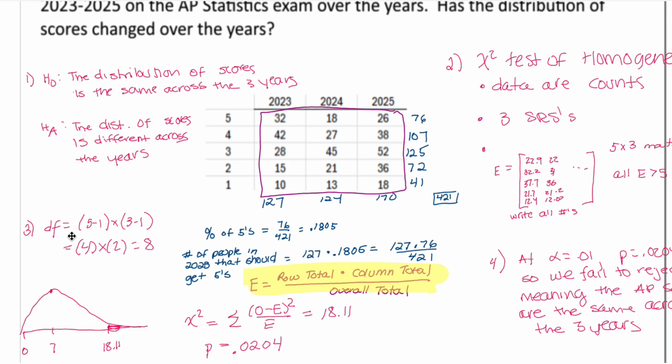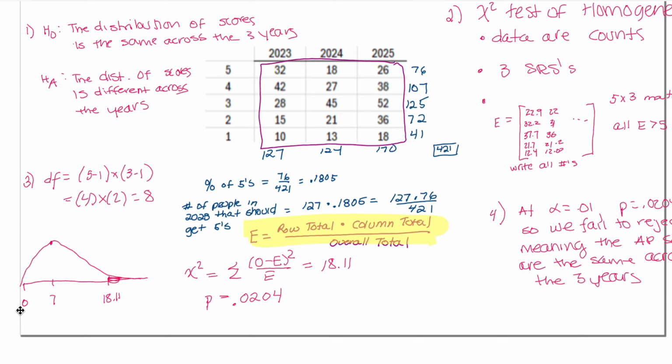The degrees of freedom is column minus 1 times row minus 1. Therefore, in this case, we have 5 rows and 3 columns. We're going to use 5 minus 1 times 3 minus 1, and we get 4 times 2, which gives us 8. On our drawing, we're going to first draw the